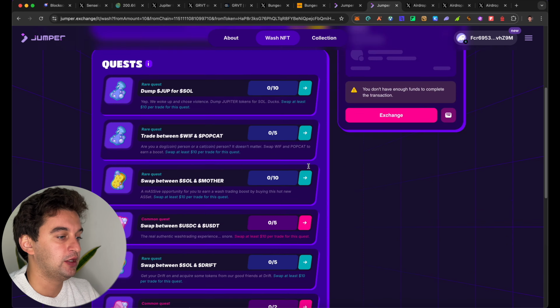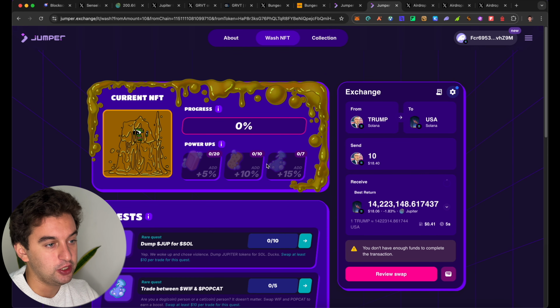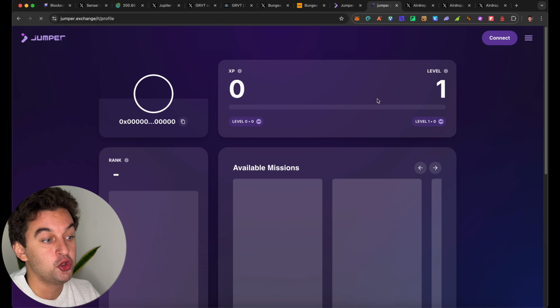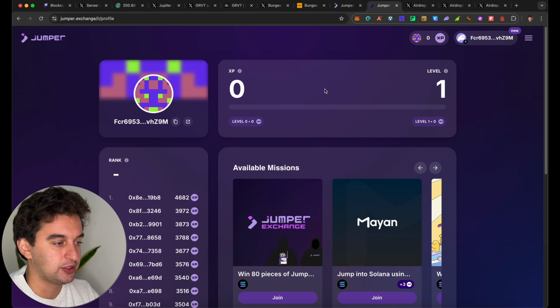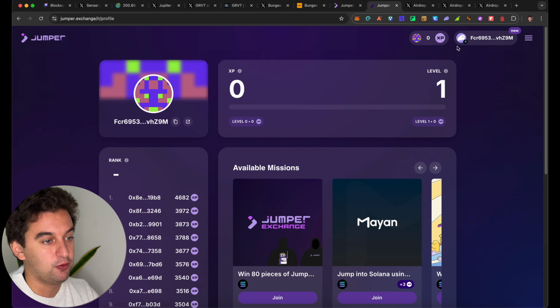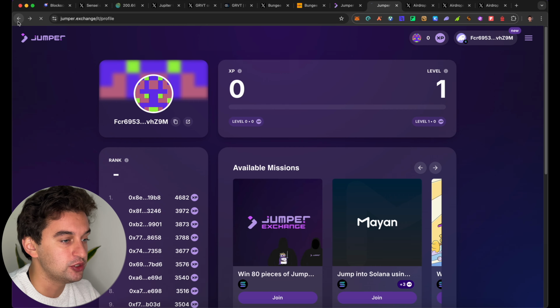This will give you the possibility to swap tokens here on Jupiter, to grab yourself the Jupiter profile and to level up on your Jupiter profile, which is very, very important, which I haven't done with my Solana wallet yet. But this will give you the possibility of earning a second airdrop on Jupiter, because now you're qualified with your MetaMask wallet. Then you will be getting qualified with your Solana wallet as well by doing all of these missions,